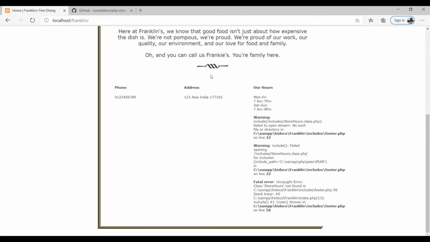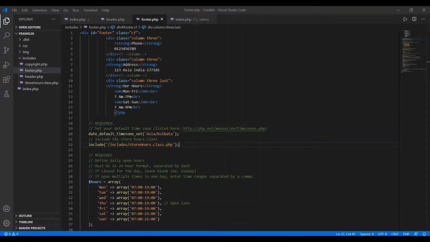So in order to set the path, I have to remove this slash from here and save my changes. So the path is includes underscore ars.php class.php file that I need to include in this file.